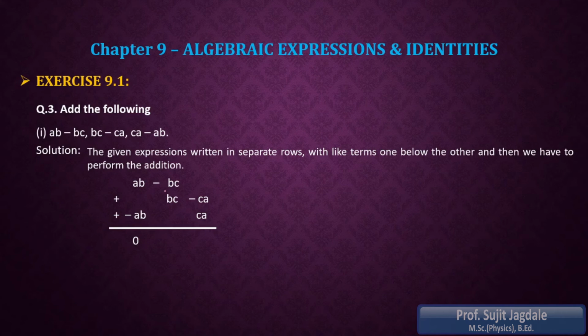Again the same thing will happen with BC. I have to take BC as it is to the downside, and after removing BC from minus BC, minus 1 is the remainder, and after removing BC from BC, 1 is the remainder. So minus 1 plus 1 is again 0, and 0 into BC is again 0. So the second addition is also 0, and in the same way the third addition will be there. I take CA as the common variable, written as it is from the like terms. Take the remainders, minus 1 plus 1 again 0, and 0 into CA is again 0. So the third addition is also 0.